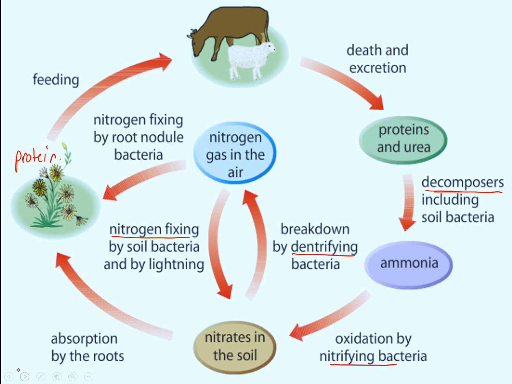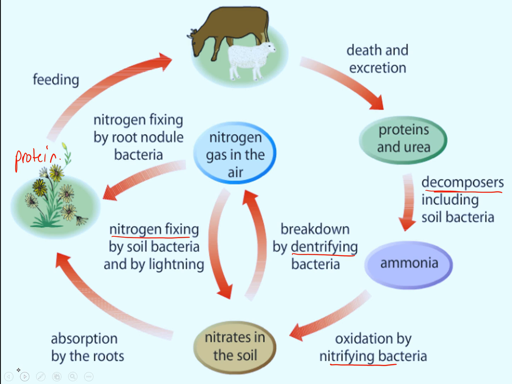So make sure that you could describe how nitrogen is recycled through the action of soil bacteria and fungi for that one. And also refer to the factors that affect bacteria and fungi during recycling. So think of our lesson on decay: warmth, moisture, the presence of oxygen and a source of food are going to help with decay. And then just a different style of nitrogen cycle question is on page 22.